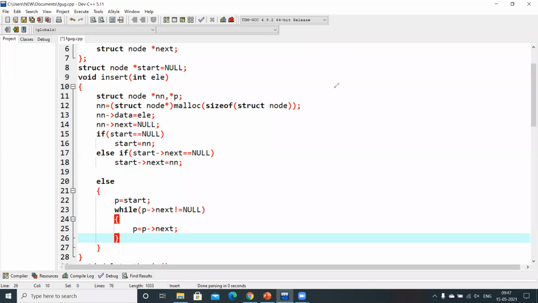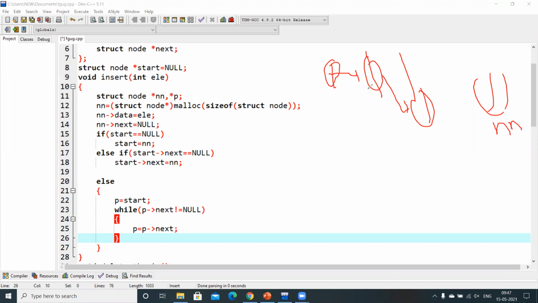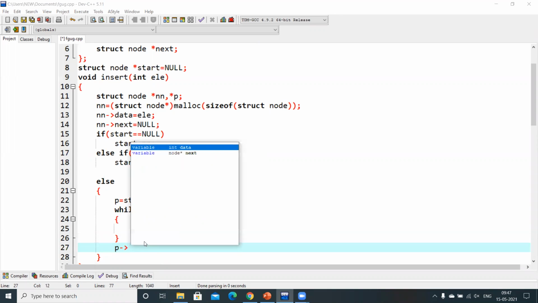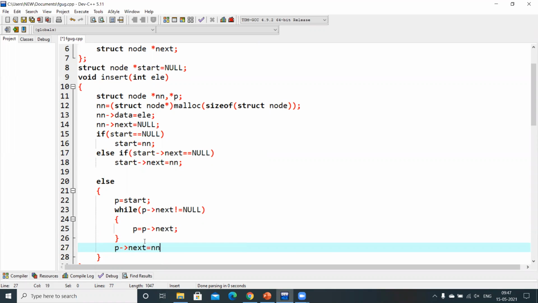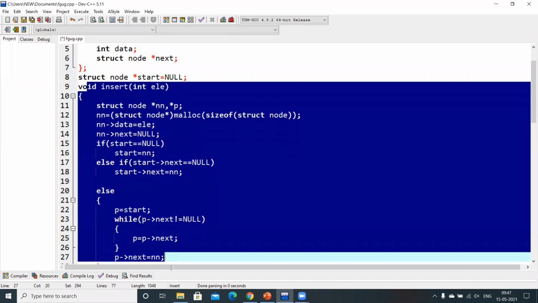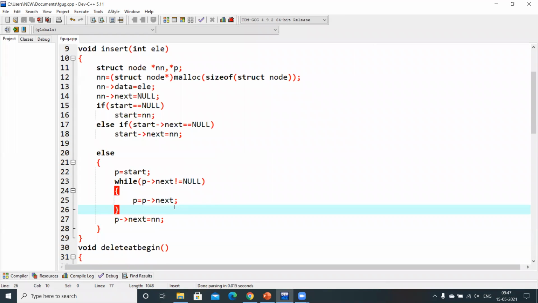See, this is the first node, second node with data and its next node, like this. This is a linked list, right? Already available linked list. Let it be the new node. So p will start from here. P next, it will go here. Once it reached here, this p next will point to the NN. That's it, in order to make the link between the nodes. Once we reach the last node, the p next will point to the NN. This is all the operation to be done in order to insert the node at last every time.